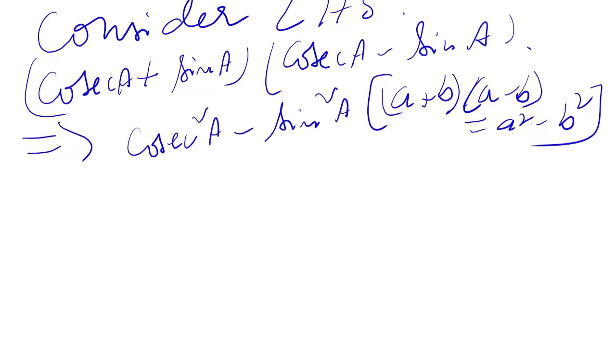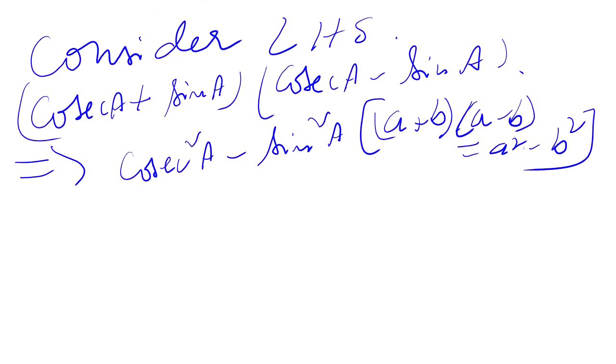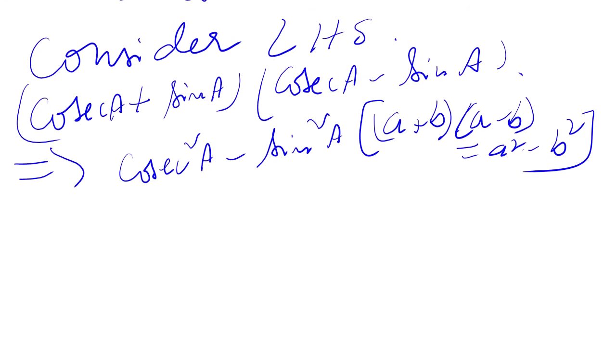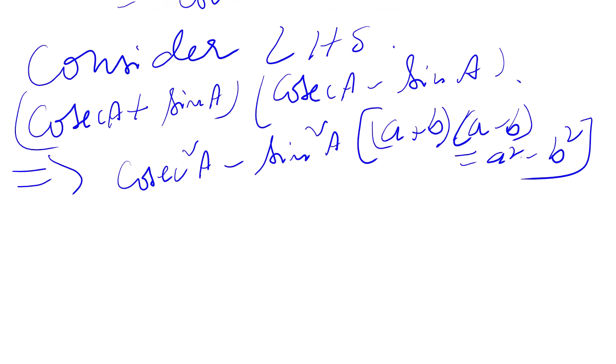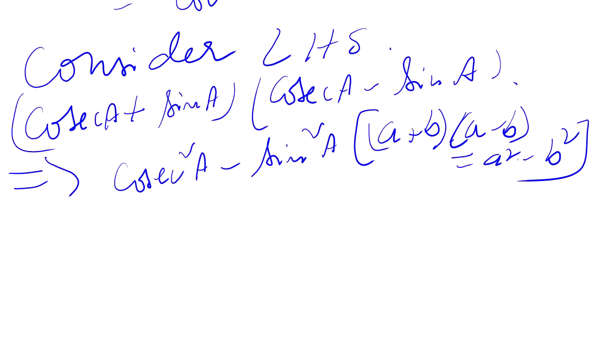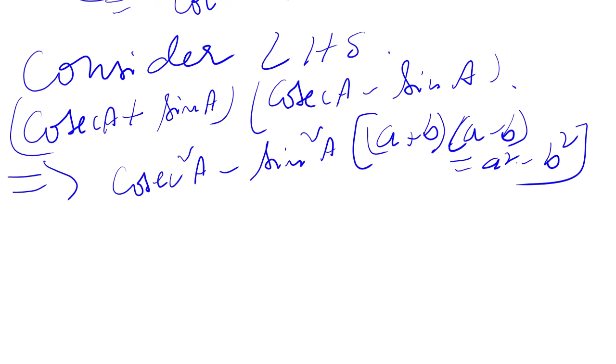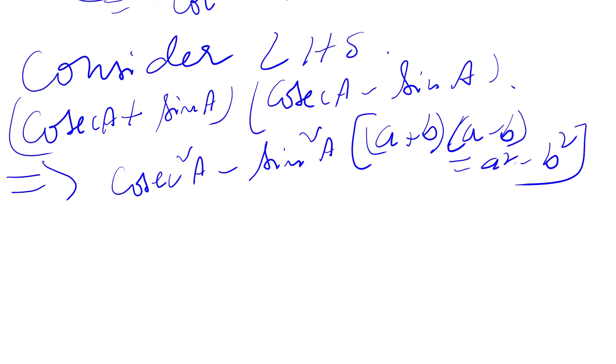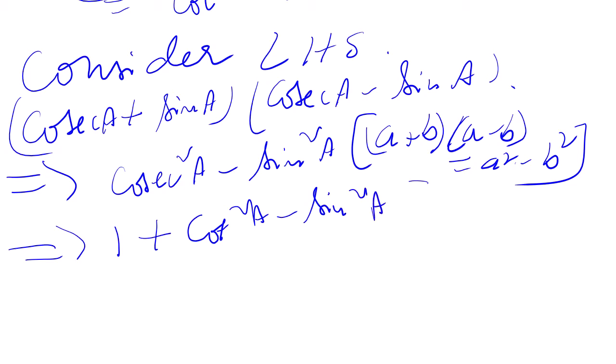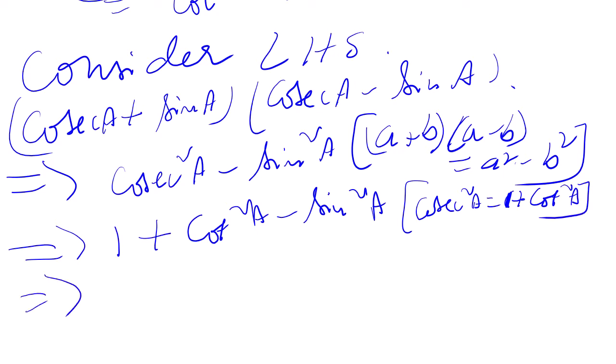Okay. Now cosec, what we have, cosec square A. Now cosec square A can be written as 1 plus cot square A. Okay, so this implies 1 plus cot square A minus sin square A. This is because cosec square A is equal to 1 plus cot square A. So this implies